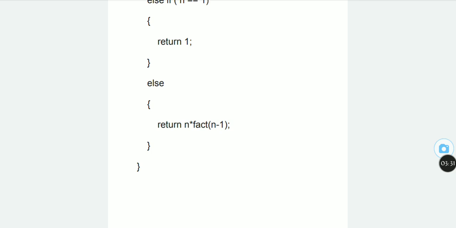N is nothing but 5. 5 minus 1, so 5 into factorial of 4. Factorial is nothing but, for example, the factorial of 5 is 1 into 2 into 3 into 4 into 5. That is the value of the factorial, to calculate the factorial of 5.